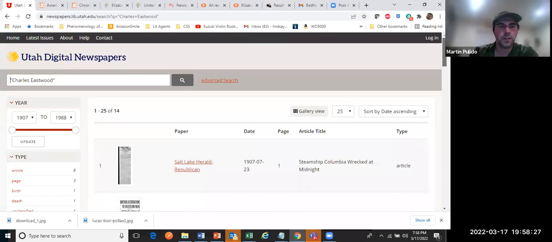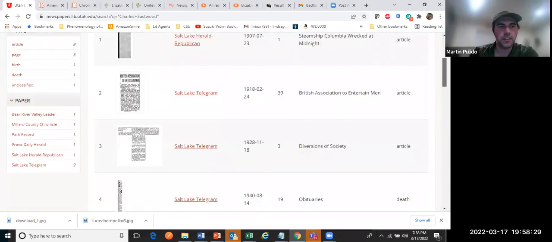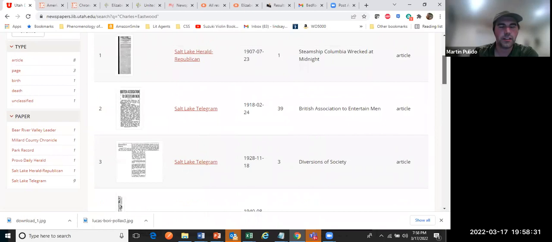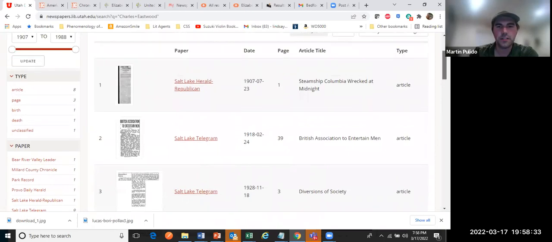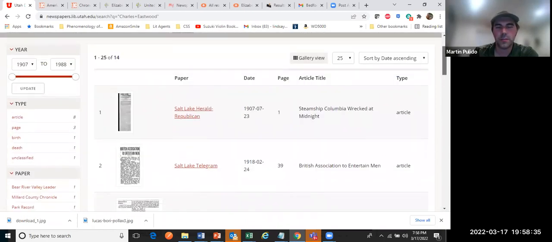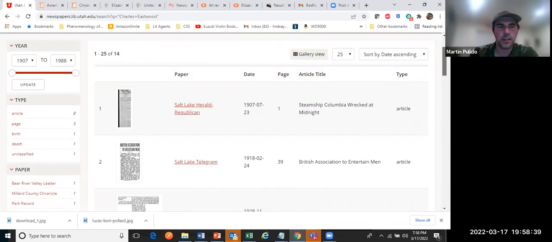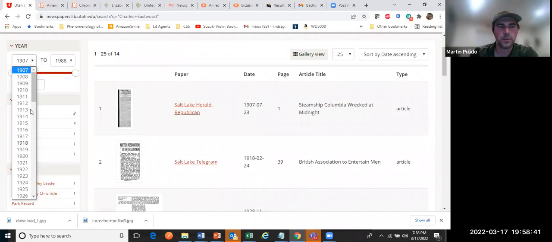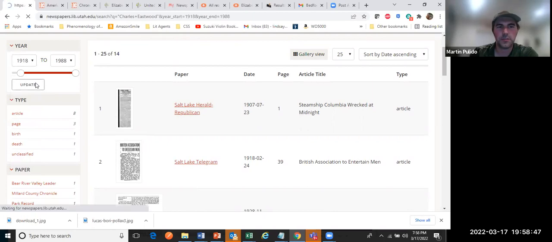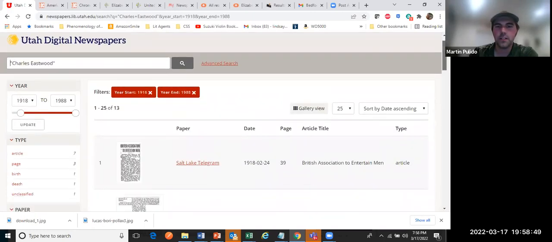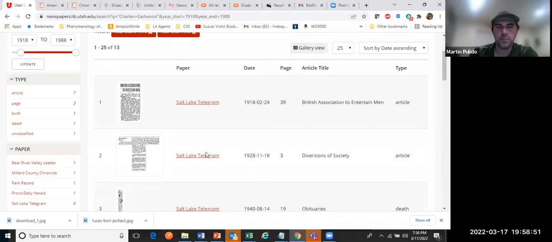See, there are a few different articles in here. I know he lived in Salt Lake, so if I wanted, I could limit to there, but there aren't too many articles here for me to really look through. Now I know that anything prior to 1921 isn't really relevant, since he was living in England before then. So let's update it from here to 1918. But sometimes you can find some things that are interesting about them.